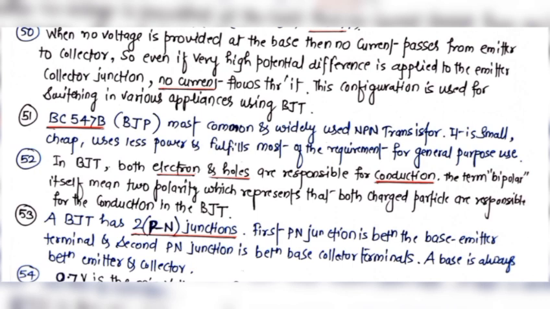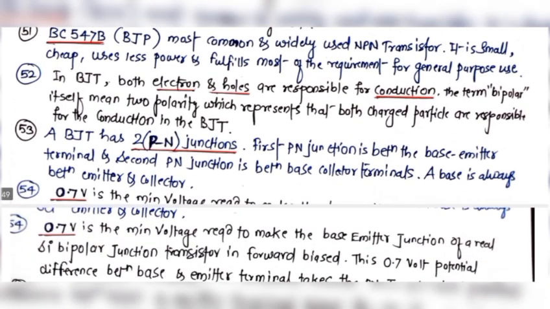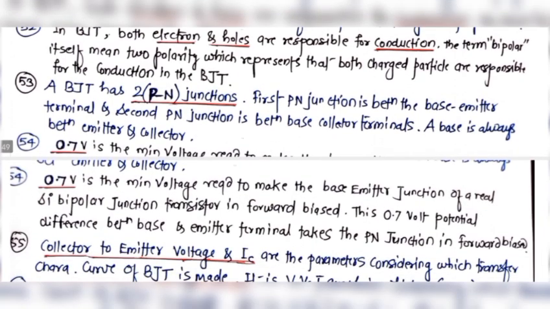BC547B, that is a BJT, is the most common and widely used NPN transistor. It is small, cheap, uses less power and fulfills most of the requirements for general purpose use. In a BJT, both electrons and holes are responsible for conduction. The term bipolar itself means two polarities, which represents that both charged particles are responsible for the conduction in the